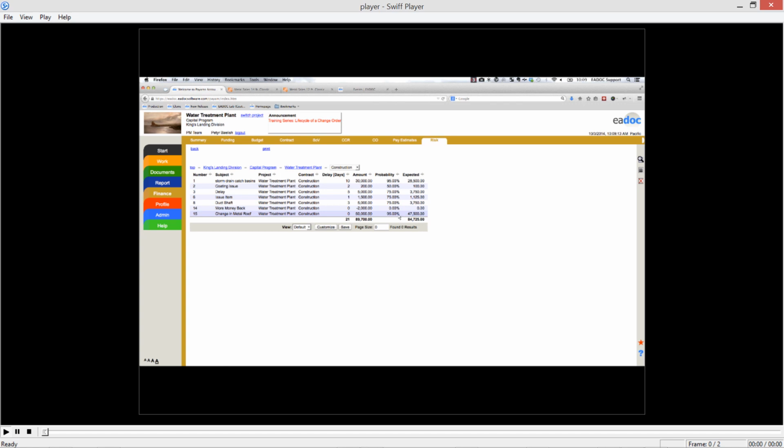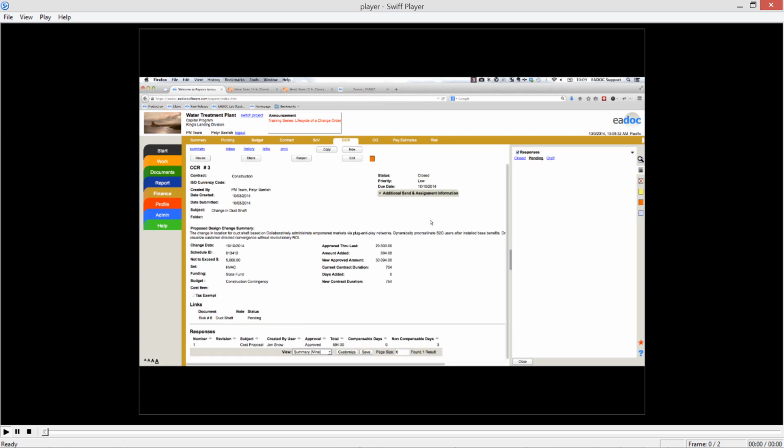So now what happens when that RFI is closed out? We've answered the question, we've selected one of the options, and now it's really definitely going to become a potential change order that we have to negotiate the costs on. Well, what you probably want to do is start by adding that potential change order, or in this case a